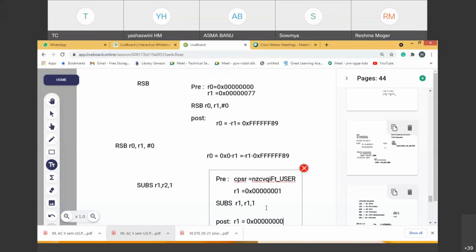Subtraction is nothing but 2's complement addition, we said. We should not forget that. So 1 is taken. Take the 2's complement of it. 2's complement of 1. Add it to R1, and the result is passed to R1. You will get zeros, but 1 as the borrow. So all values are zeros. It means the zero flag is set and there is a borrow.